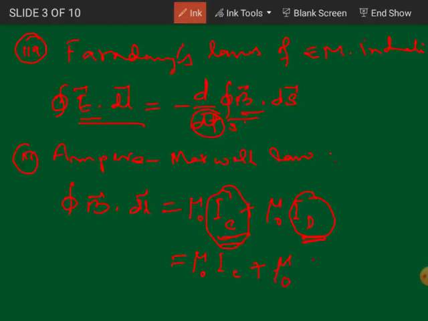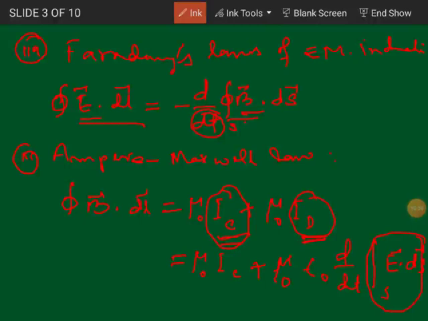So it will be equal to mu naught epsilon naught d by dt of the displacement term, which is d by dt of the integral of E dot ds. This part is nothing but the electric flux part, that means the rate of change of electric field with time. So this is the last equation, and this equation is known as